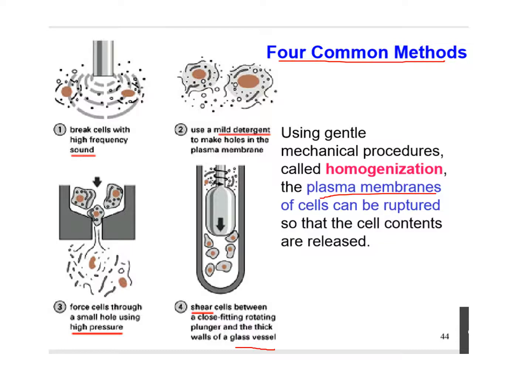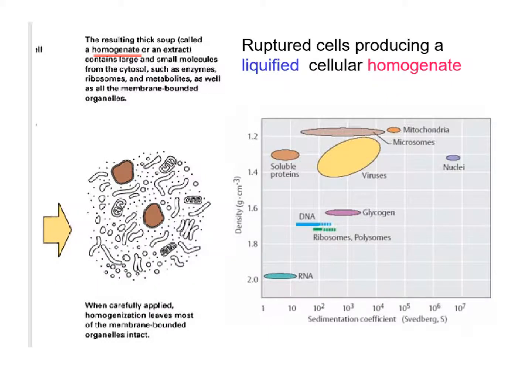So you get the plasma membranes, or the cells can be ruptured, and you're hoping the organelles and cell contents are then released for further analysis and study. So you get a homogenate or an extract, and you get the nucleus, the Golgi, the ribosomes, any viruses, mitochondria, peroxisomes. And if you look at the sedimentation coefficient, a guy named Svedberg